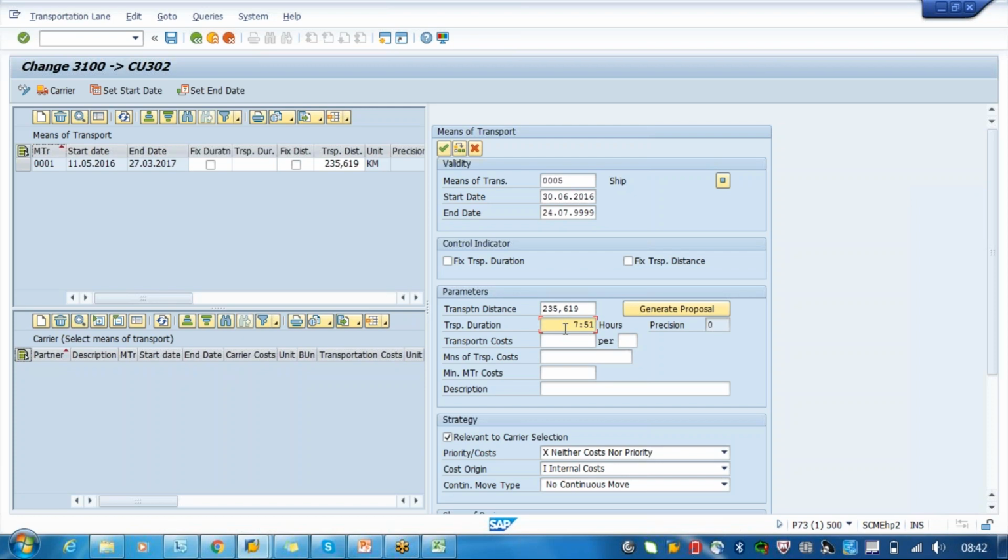The distance is showing in kilometers. It is not 23, it is 235 kilometers. The decimal is represented by a comma. 235 kilometers.